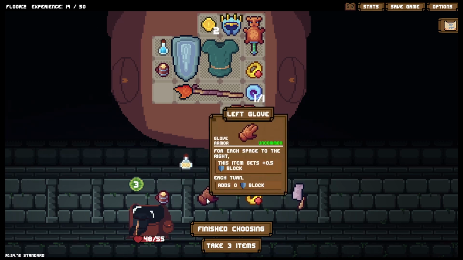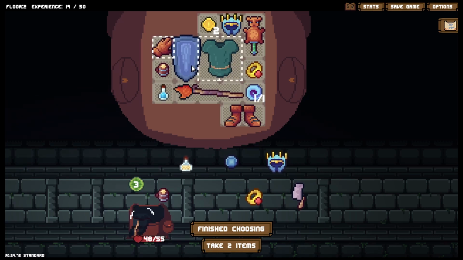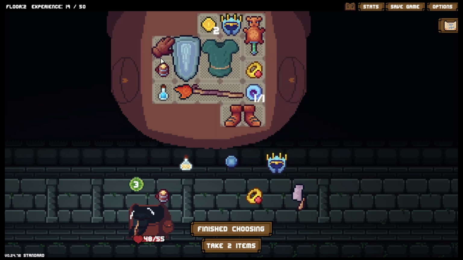Left glove. For each space to the right, this item gets 0.5 block. That's awesome. So you put that like here. And you can see 1, 2, 3, 4. So this should be giving me 2 block per turn. It's 3 because the Knight Shield is buffing it. This would also buff it. If there was a way...